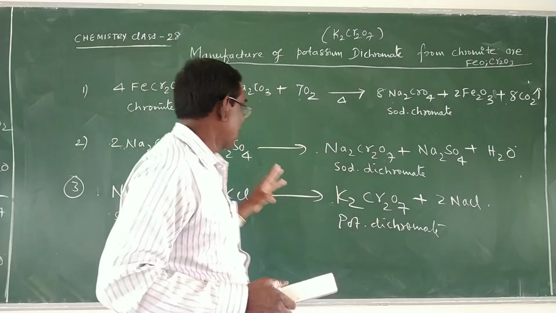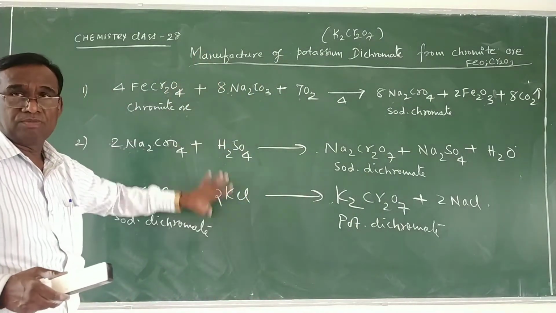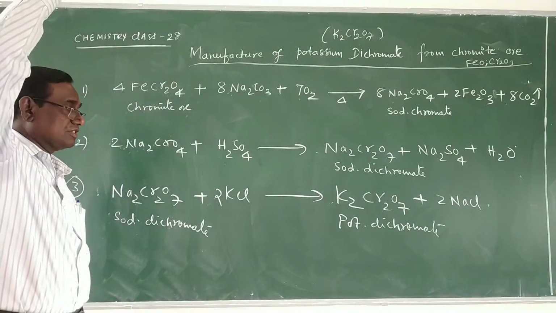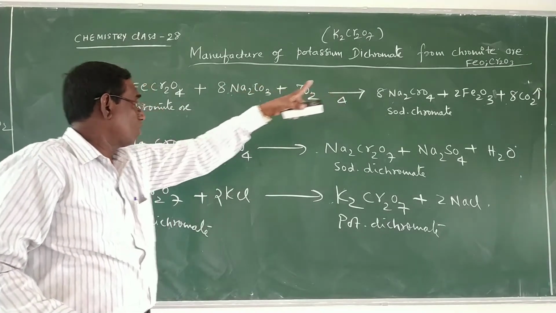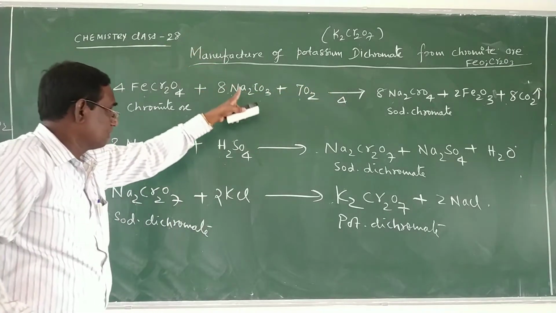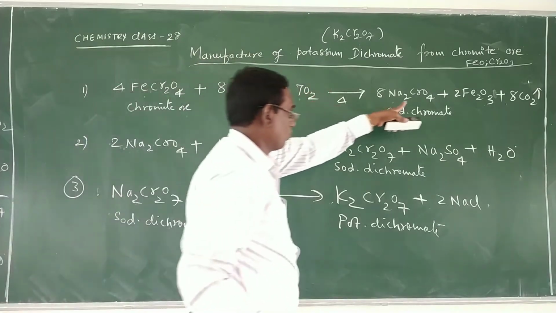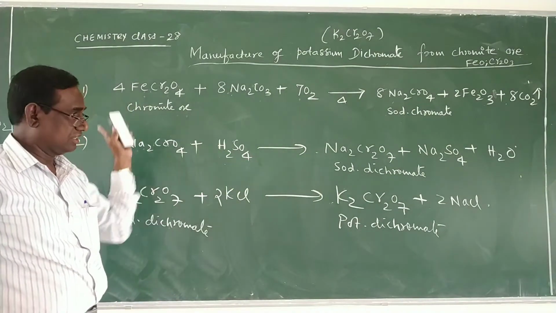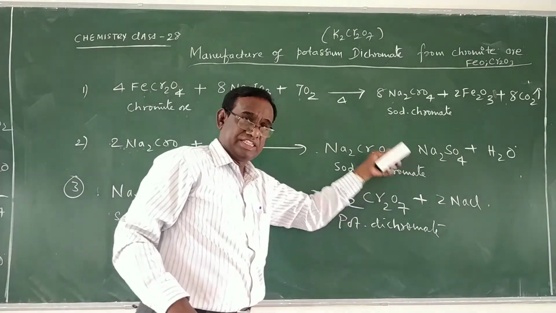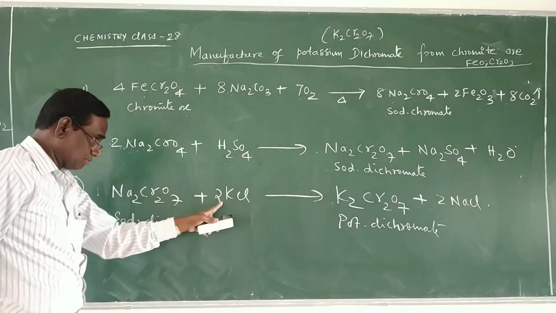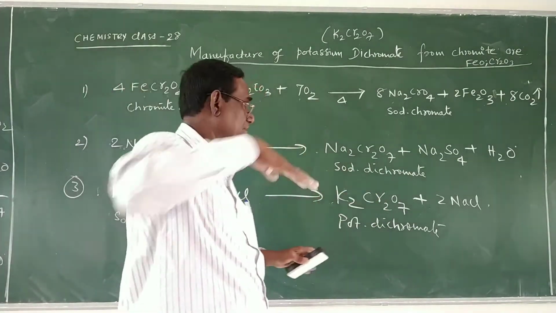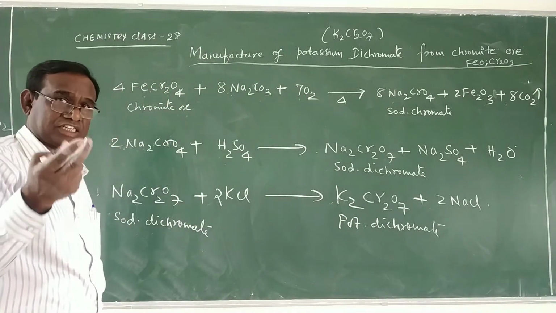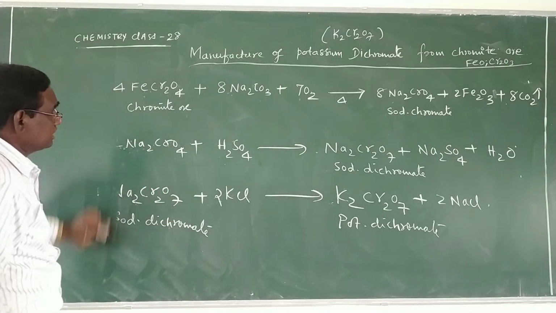This is a 3 mark question: first step, second step, third step, 3 steps, 3 marks. So this is how we can manufacture potassium dichromate. Chromite ore is fused with Na2CO3 and heated with extra air, sodium chromate is obtained, impurities are filtered off, and the sodium chromate solution is taken out and acidified with sulfuric acid to get sodium dichromate, Na2Cr2O7. It is further treated with a calculated amount of potassium chloride to get potassium dichromate. Practice writing all these reactions. It is very easy to get 3 marks within a couple of minutes. So this is one manufacture.